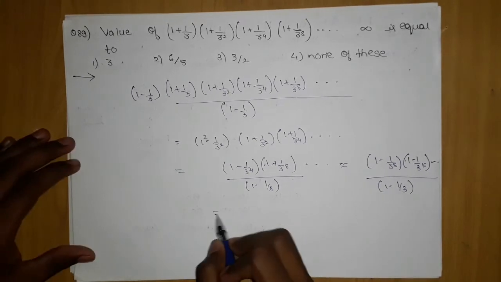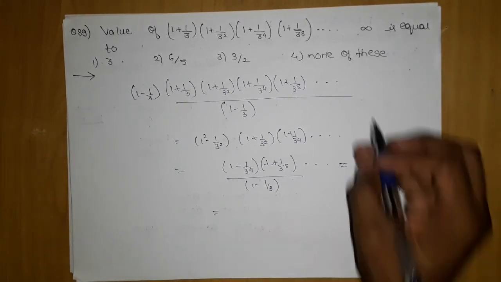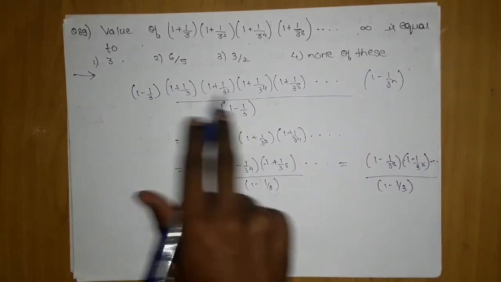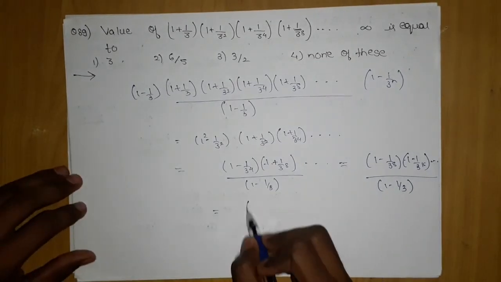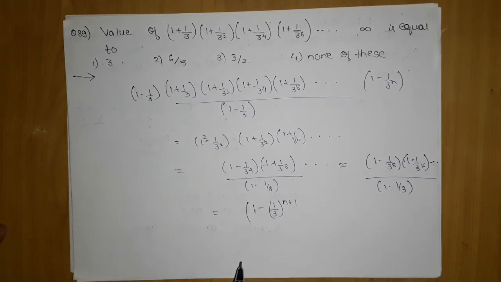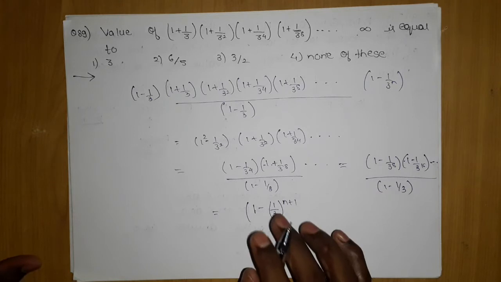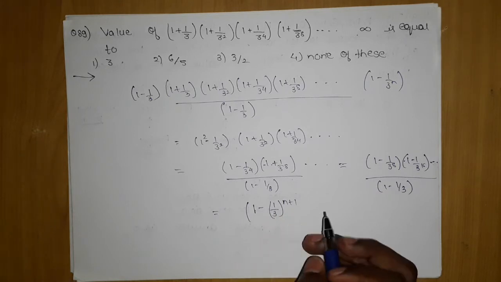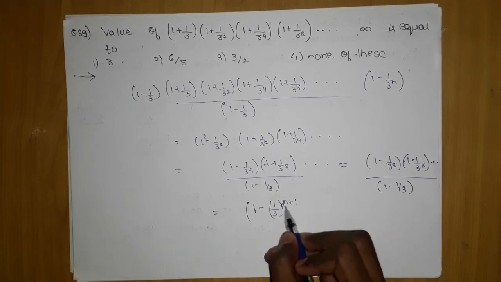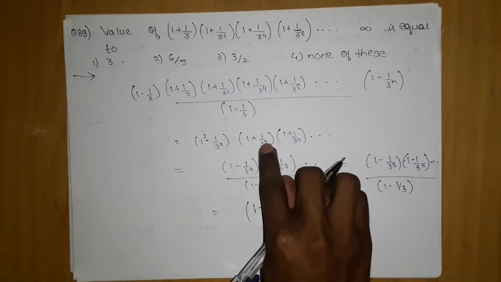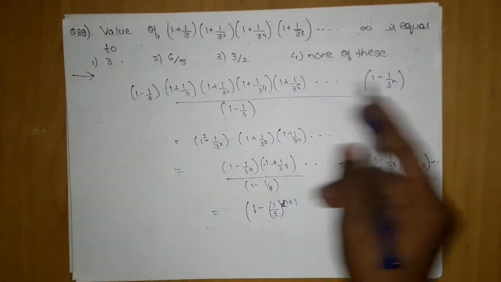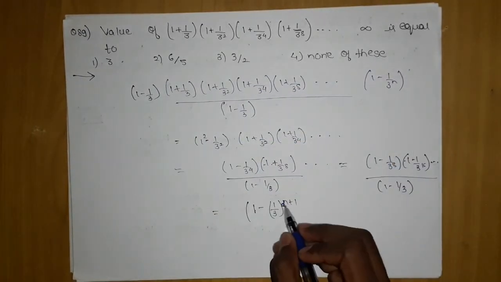So what will be the last term? If you observe, you will come to know. Say the last term goes to 3 to the power 2ⁿ. Now I have multiplied and divided by one term, so I can write that it goes to 1/3 to the power 2ⁿ⁺¹. Here it is 2¹, 2², 2³ like that; n terms are there, so n plus 1 terms, so 2 to the power n plus 1.